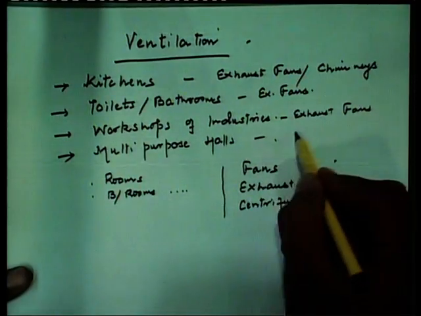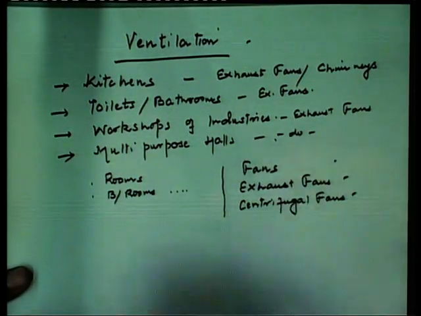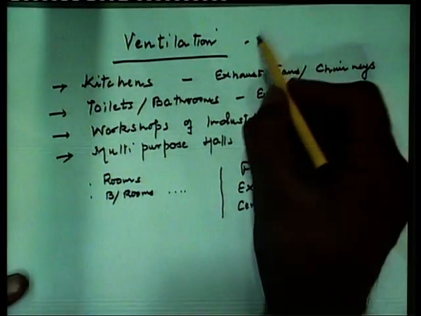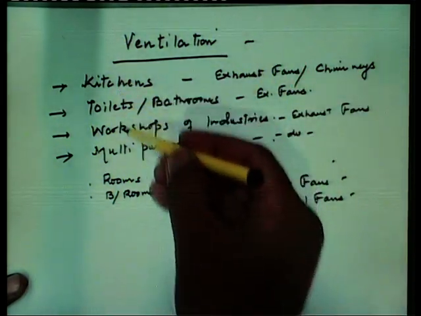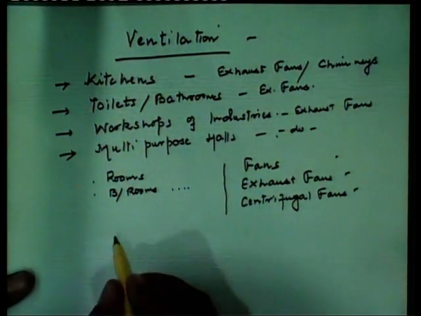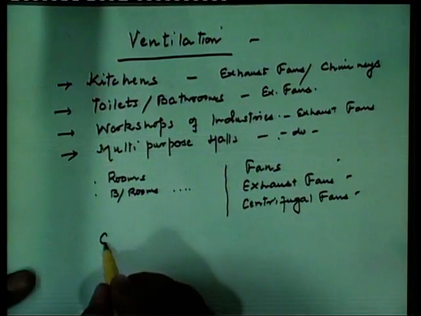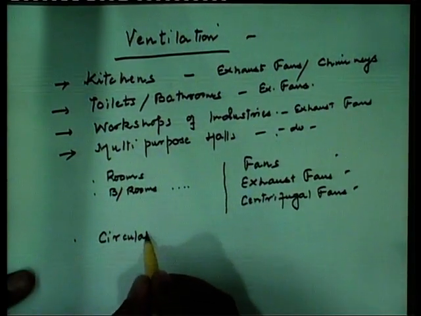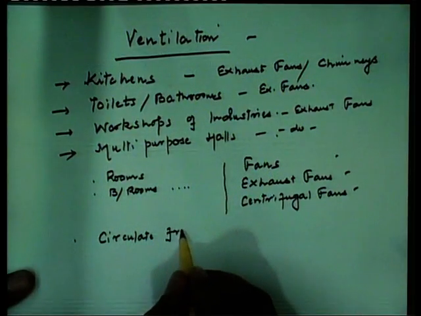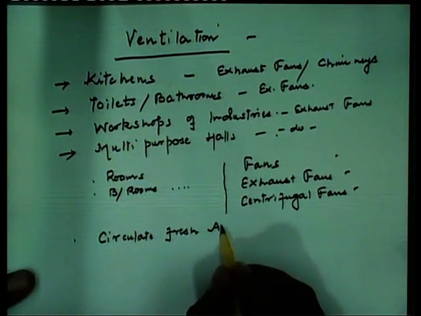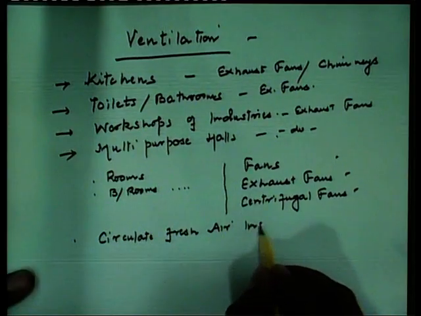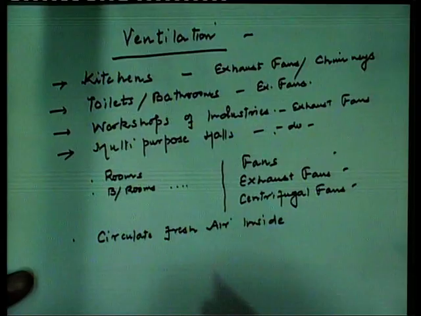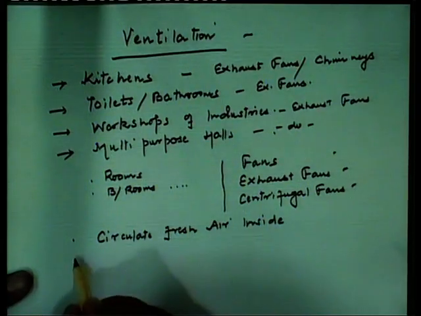In multipurpose halls, the same, exhaust fans. Why are these provided? Just to maintain ventilation in all these areas. Ventilation means to circulate fresh air inside that area. It may be a room, a toilet or a kitchen, to circulate the fresh air inside